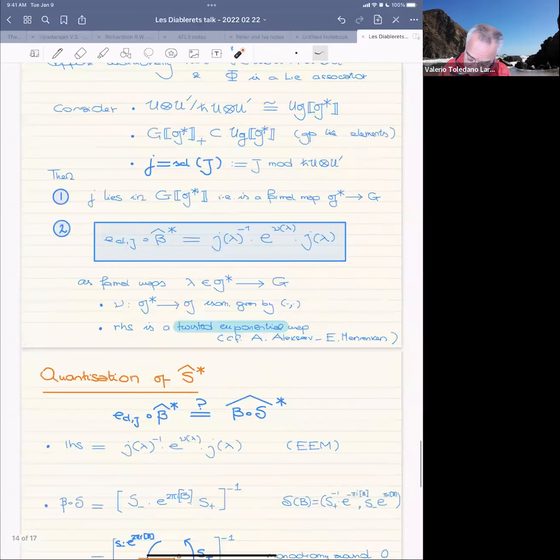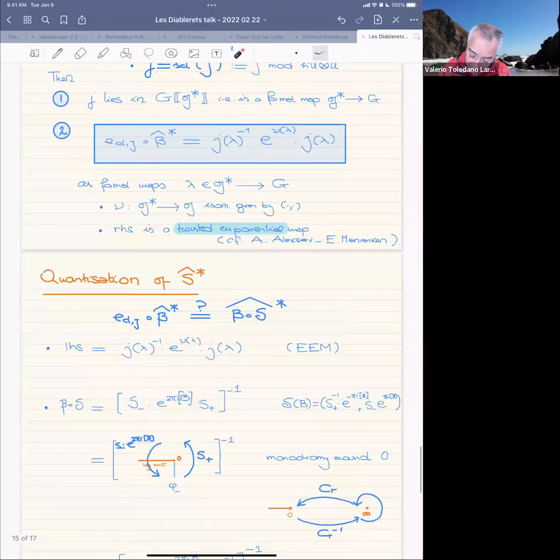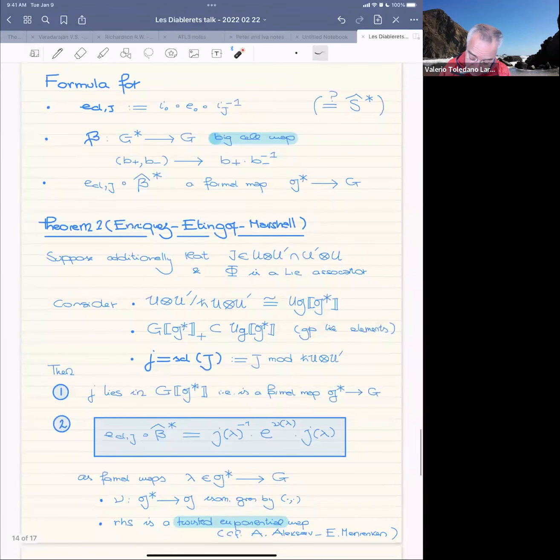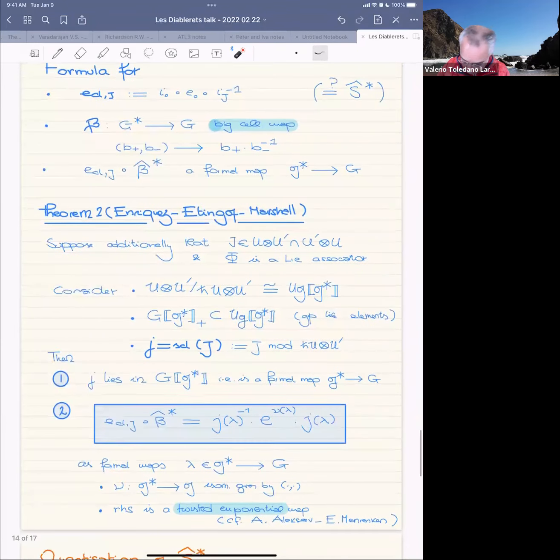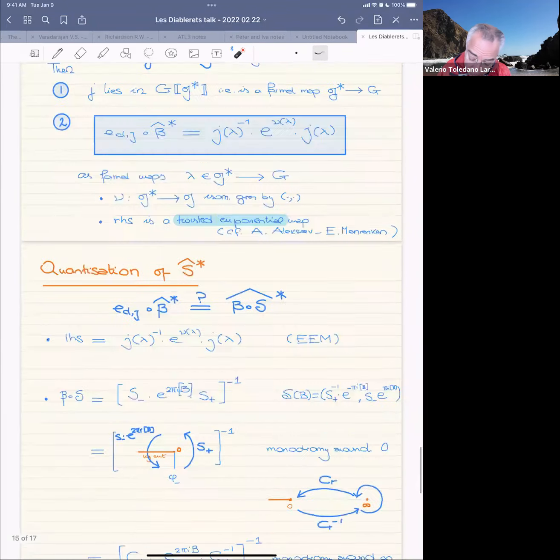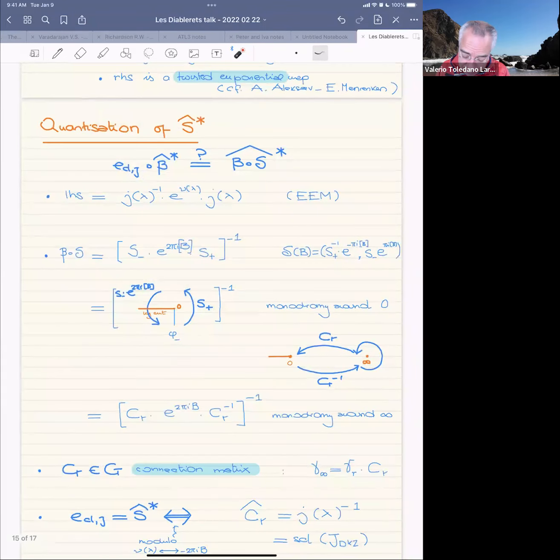Okay, so we have this very nice formula, and this is the one I'm going to use now to show you that if I take J to be the differential KZ twist, then I get exactly a commutative diagram. What I want to show you is that this classical equality descends to the Stokes map, but it's the same task to do that when I compose with the big cell map. So let's compare these two.